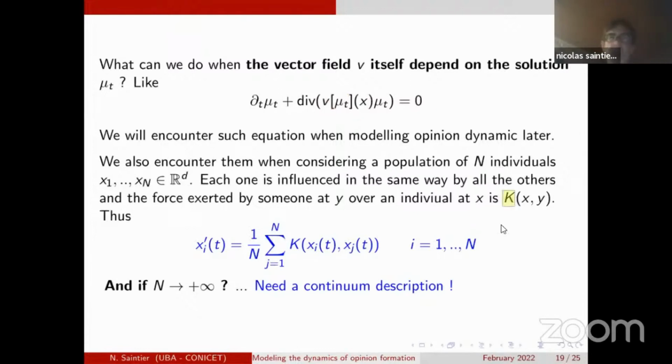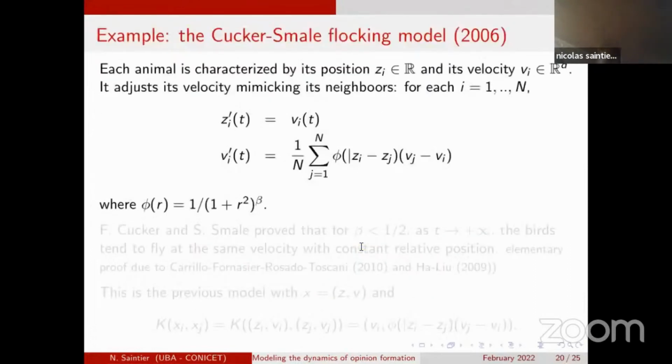As a vector field, obviously, since the vector field drives the dynamic, it will have to do with the k, because the k is telling me how an individual influences another. Okay, but I would like to see precisely what I should put here to make something which would condense this system into one equation. So let's see one relevant example, which is a flocking model due to Felipe Cucker and Stephen Smale in 2006,